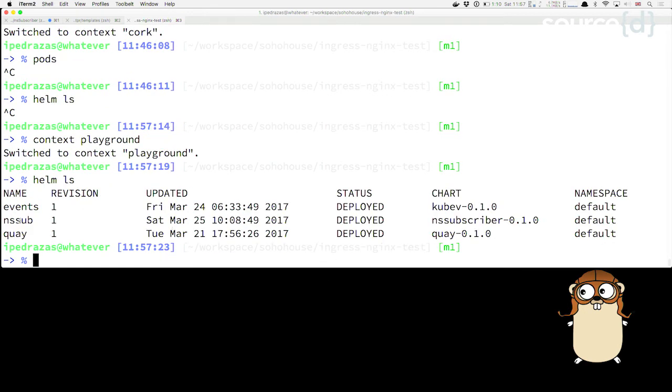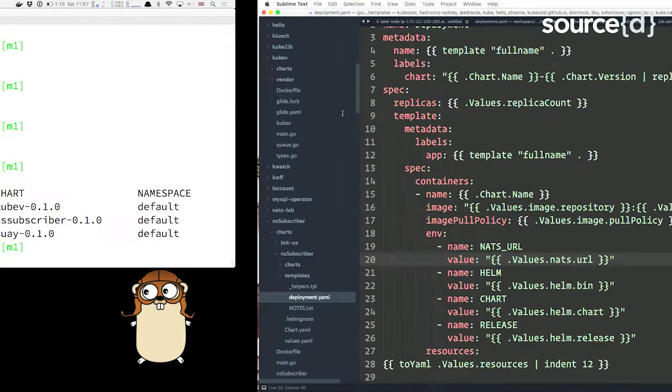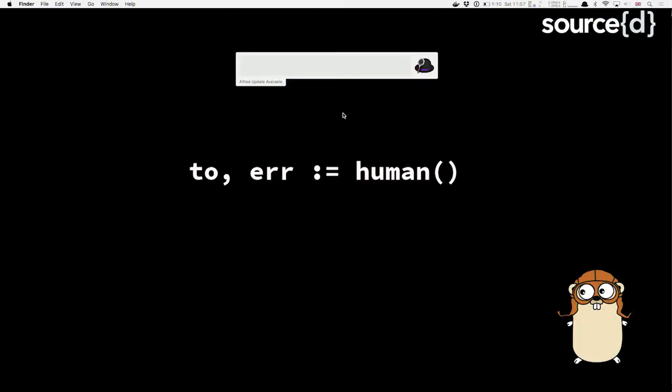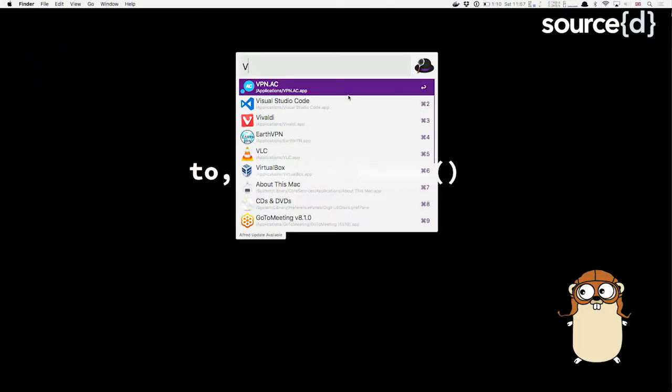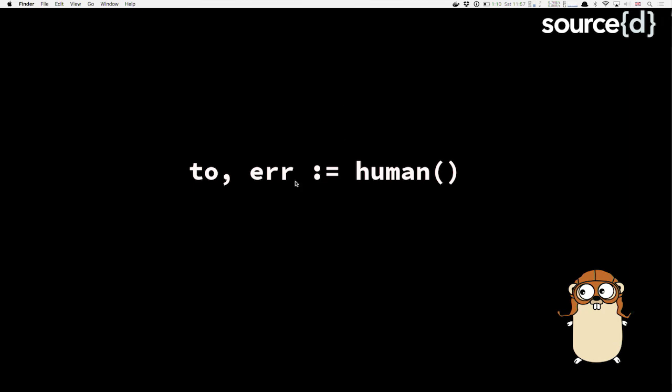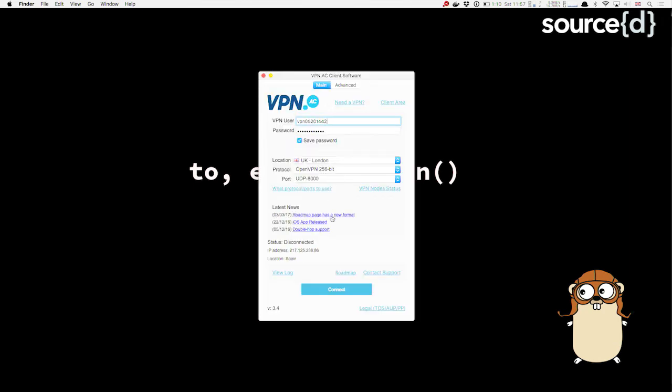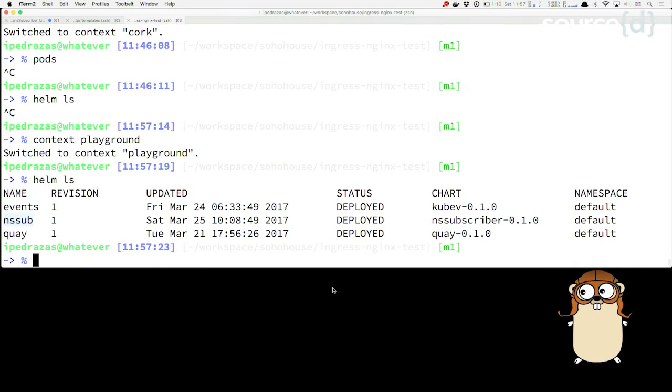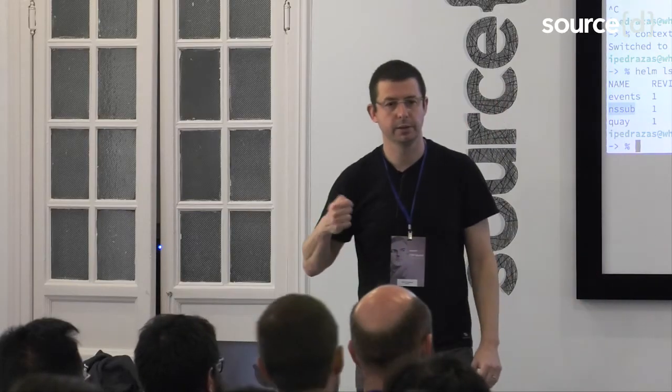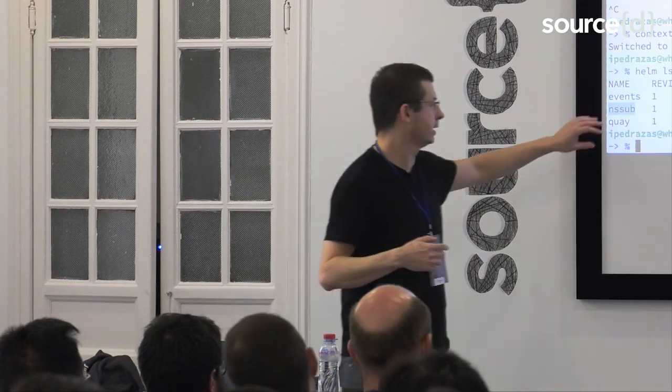Right? So I can come here and modify this one, or I can roll back. I'll try to put the VPN. And then you can see it, but it's basically Helm. Helm is the one that installs, and Helm is the one who deletes the resources. We delegate to a tool that knows what to do. I don't have to do it, because that's one of the issues we had at the beginning.